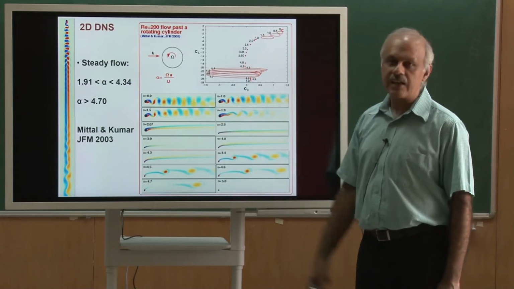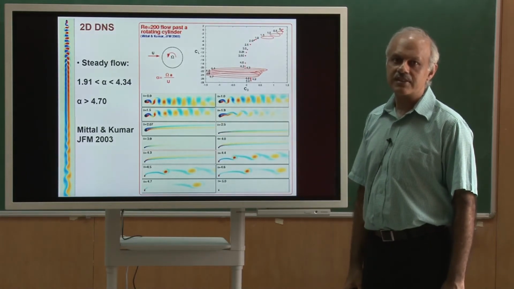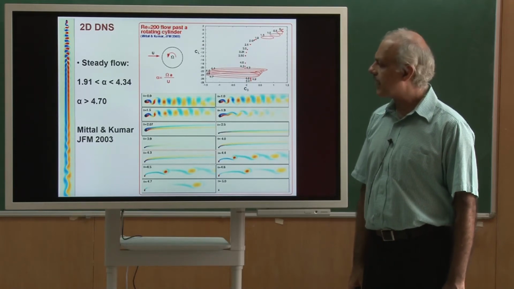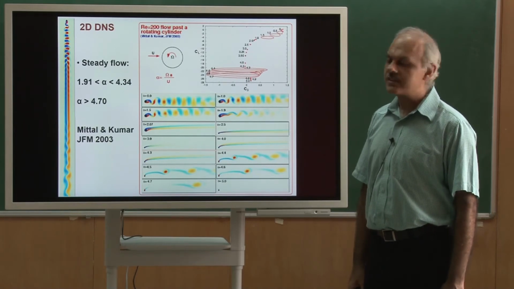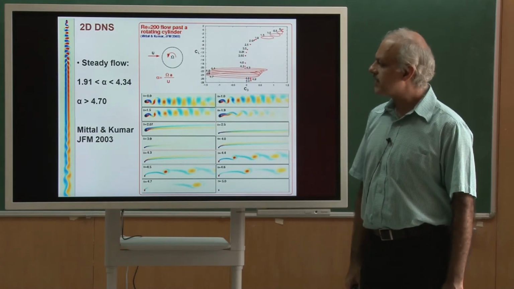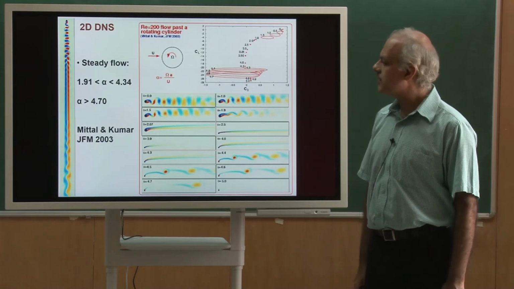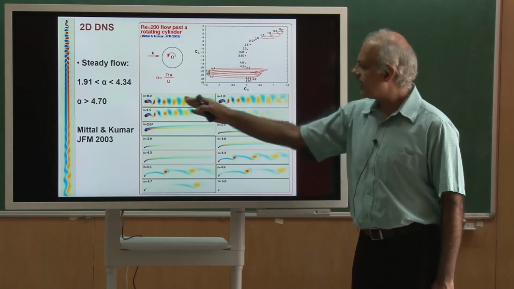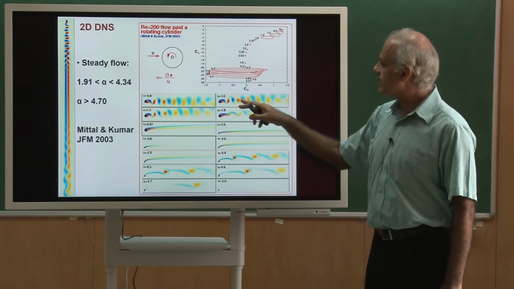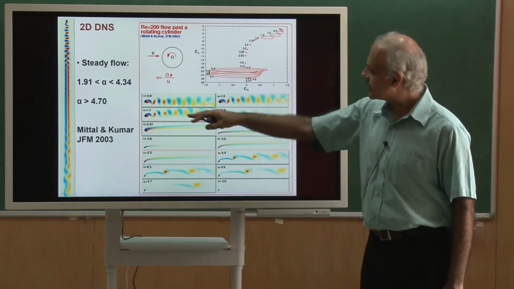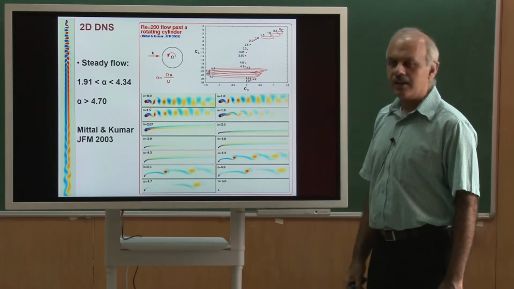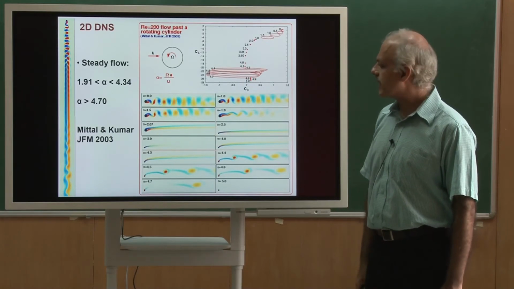Again, alpha is the rotation rate. The first frame here is alpha equal to 0, and that is the vorticity field. Towards the end of the blackboard work, I brought your attention to the fact that for the potential flow, the vorticity is 0 everywhere. Not so for the viscous flow. Vorticity is generated on the surface of the cylinder because of the boundary layer, and then it is shed, so you get the Kármán vortex street. As you increase alpha, actually the vortex shedding becomes weaker, and the wake starts tilting upwards, till at about alpha equal to 2, you get a steady flow. So, the vortex shedding completely ceases.